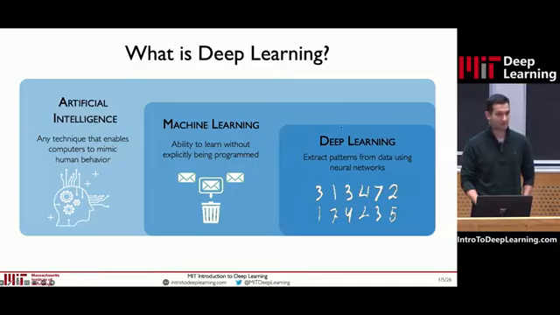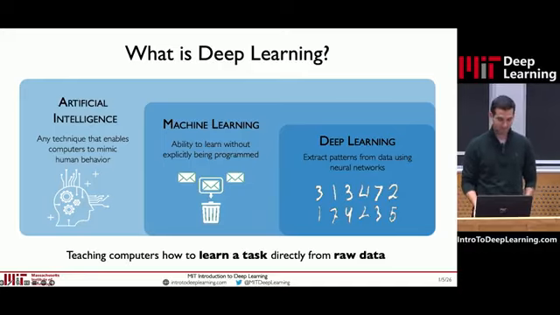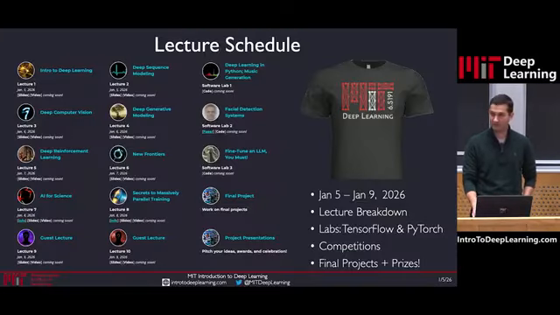That's the differentiating point between AI and machine learning. And now deep learning is nothing more than a subset of machine learning, which focuses on the use of neural networks, specifically deep neural networks, to do this task of learning from data to inform future decisions and other tasks, right? So we'll circle around this theme of teaching computers to learn a task directly from raw data. That really is what this whole class is all about. And we'll learn about different models to do that, different ways and different algorithms to accomplish that main objective.